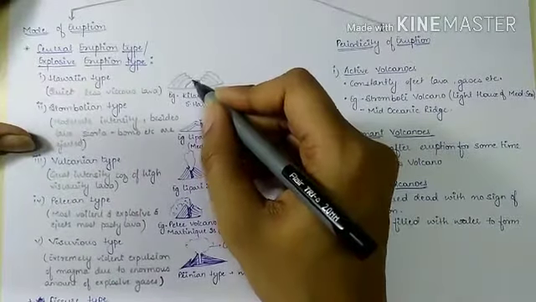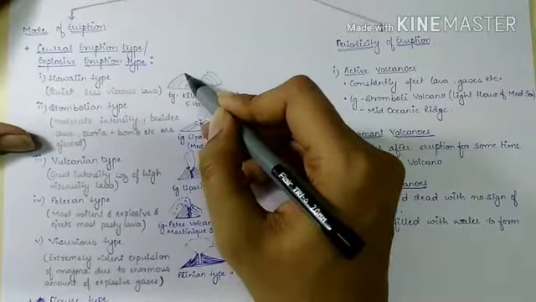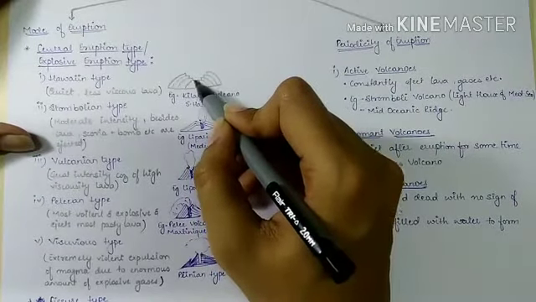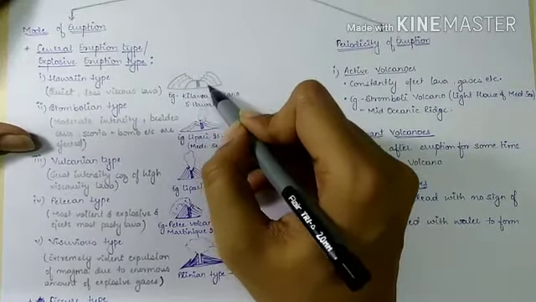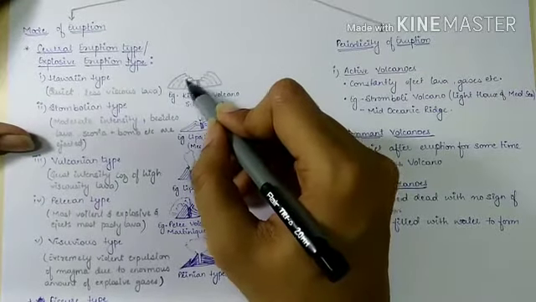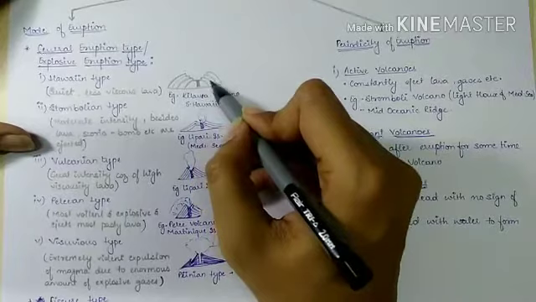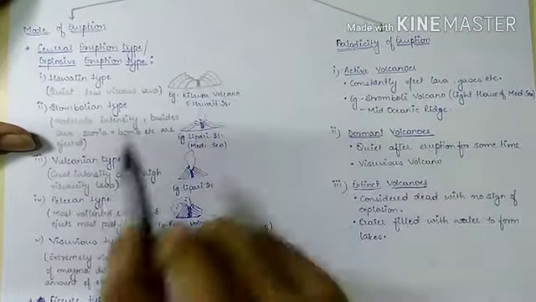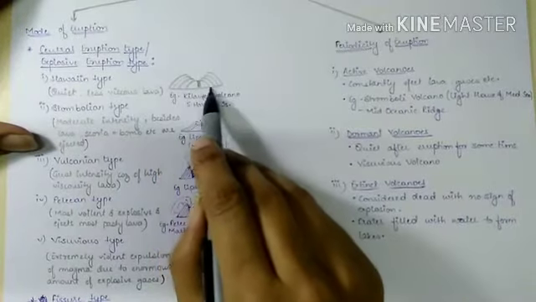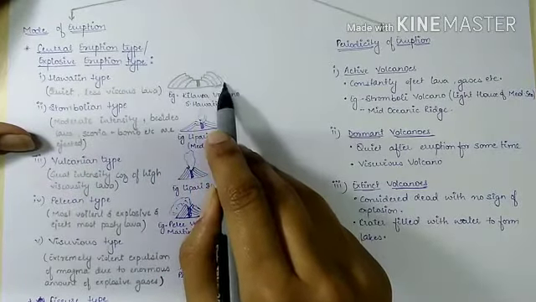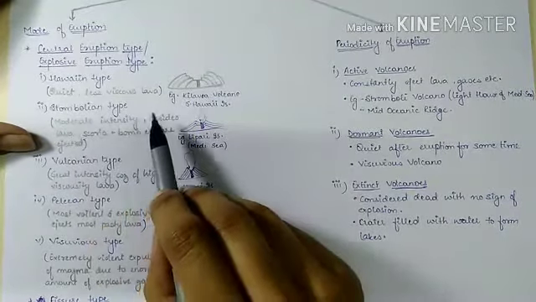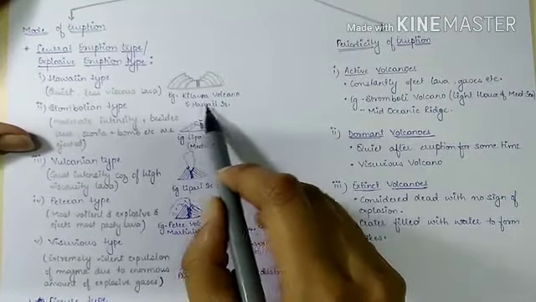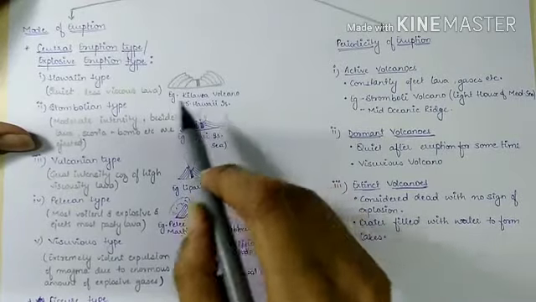So this is the structure. See, the slopes are gentle, and the lava, when it comes out the first time it is like this, then the second time when it comes out, here it will be, then the third time. This is how Hawaiian type volcanoes look. The basic example is Kilauea volcano, which is in the South Hawaiian Islands. Okay, next is